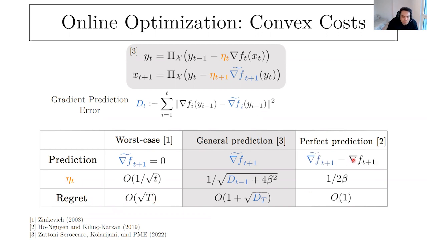The other extreme is that you know exactly the gradient of F. And that's the recent work by Fatma and her student in 2019, relatively recent by now, 4 years ago, in which the gradient is exactly that one. The step size they propose is going to be constant step size, and the regret is going to be constant as well. So that's another, let's say, extreme point in terms of full observation that we have.